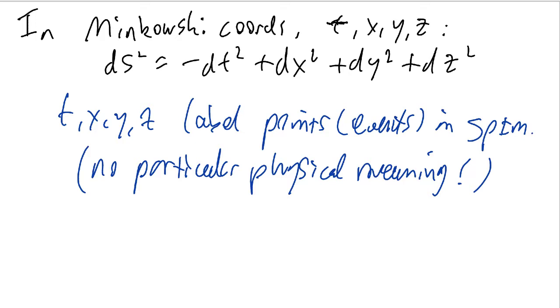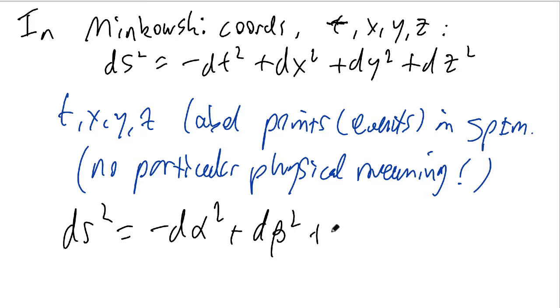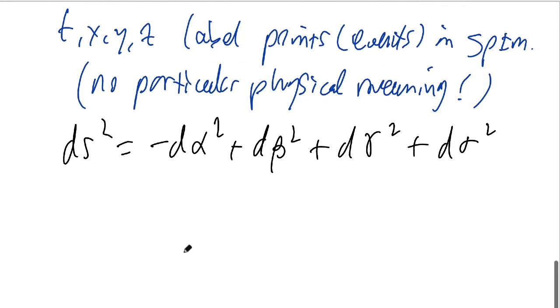Okay, so for example, I could have just as well written this line element in terms of coordinates, say alpha, beta, gamma, sigma. And this would represent the same space-time, the same geometry. Now, not only can we change the labels for the coordinates, we can change coordinates as well. So let me give you another coordinate system,